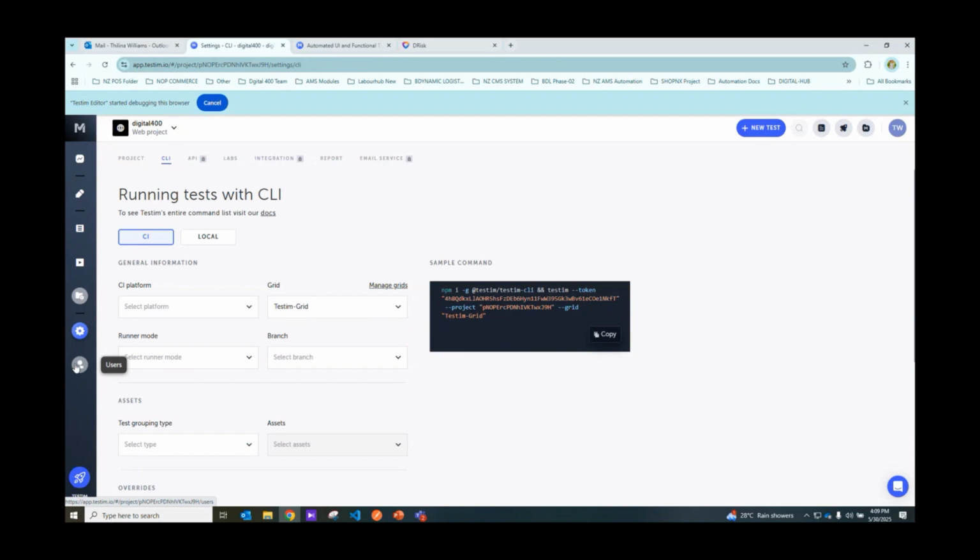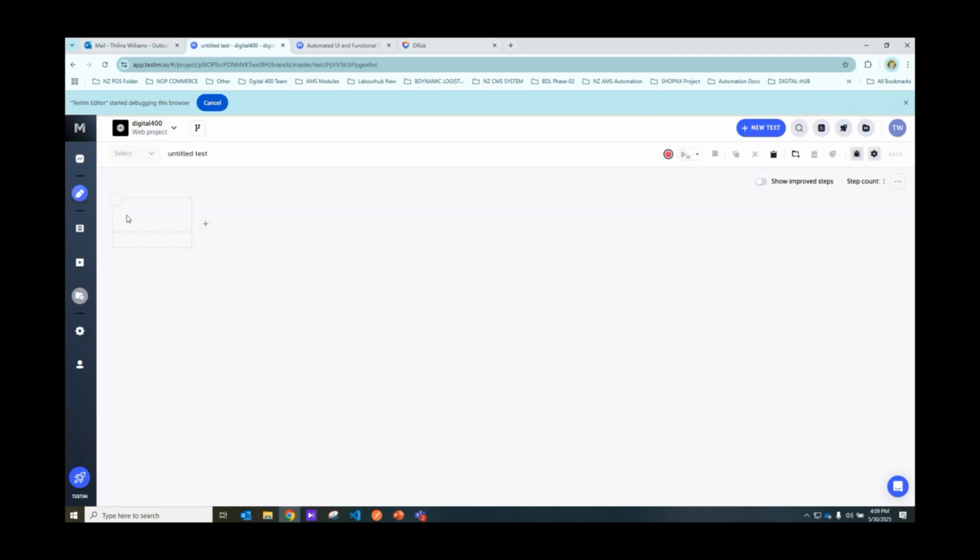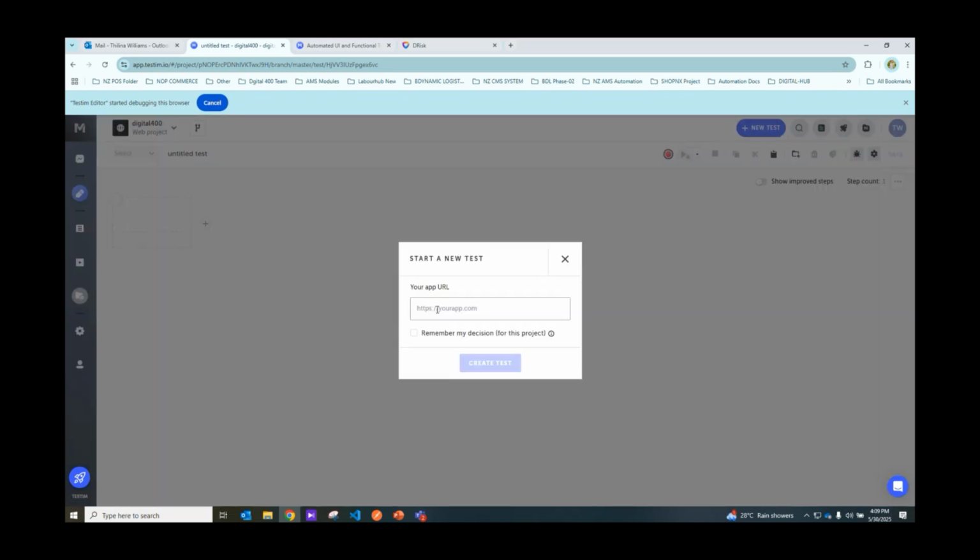These are the key features in this Testim tool, shortly. I'm creating a new test, and here is how it happens. I'm creating the new test like this, and we need to create the record. Firstly, we start the recording at this position, and we need to set up the base URL. Okay, and I'm